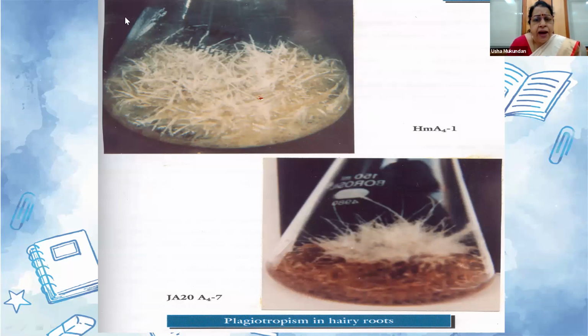Because if you have a mass like this, what will happen is the peripheral area will get enough oxygen or aeration. But in the middle portion where it is becoming dense, there will be a core where oxygen will become limited. As a result, the cells here will start dying and it will become necrotic. It will start becoming brown, and you already know that if there is media browning, it can be a big problem and you have to solve that problem.